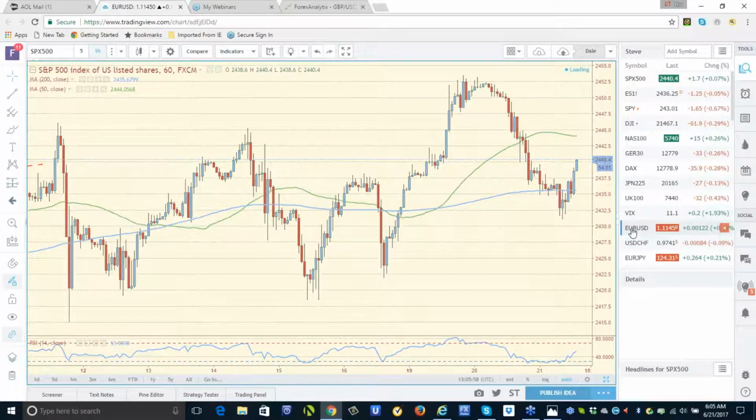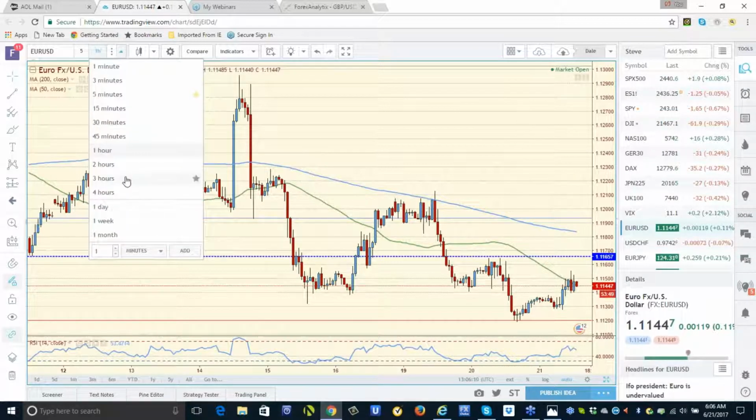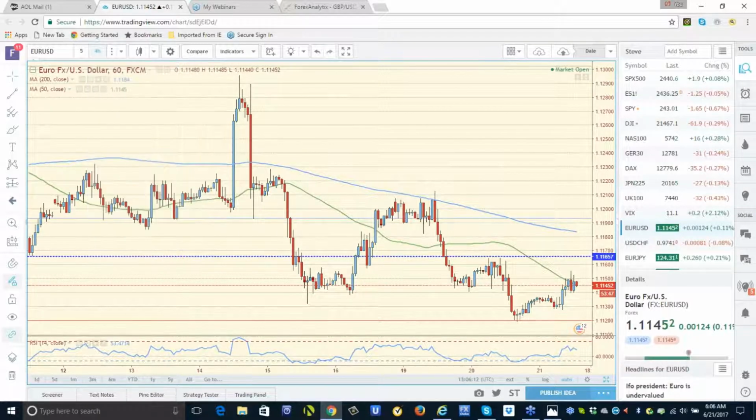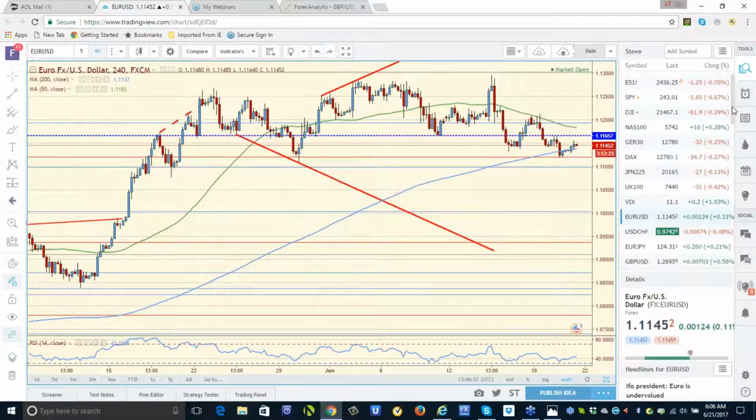Just looking at the majors, Euro's still not doing anything right, as far as I can see. So if we get that close under 111, perhaps we'll see some acceleration. So pretty good support here. It's just oversold. You know, if you took the third drive up here, nice trade, even if you book half, should have booked half even the first day, but I still remain constructive. Pound's turning around. I don't know if that's the bottom. I don't know what you think, Steve, but